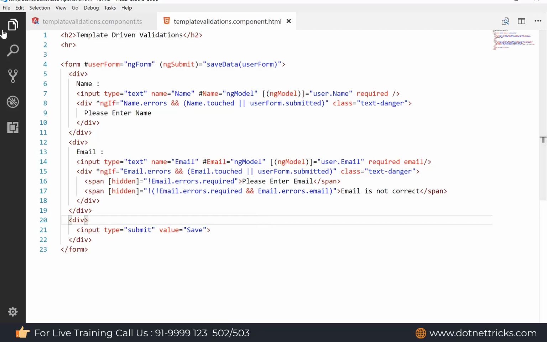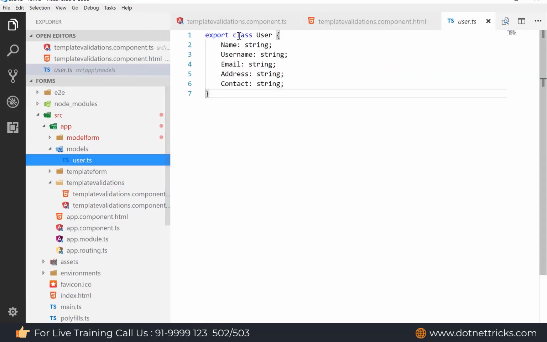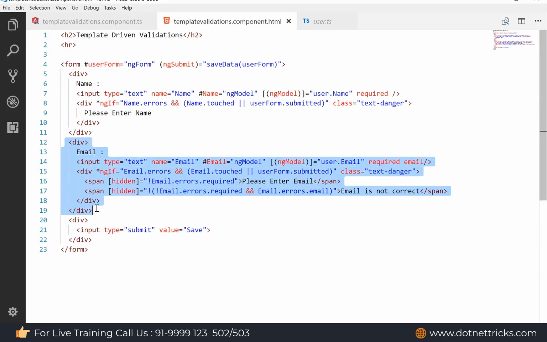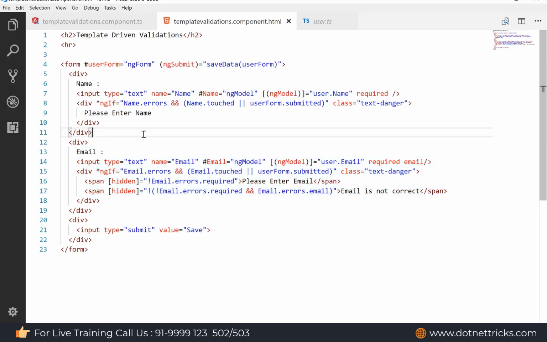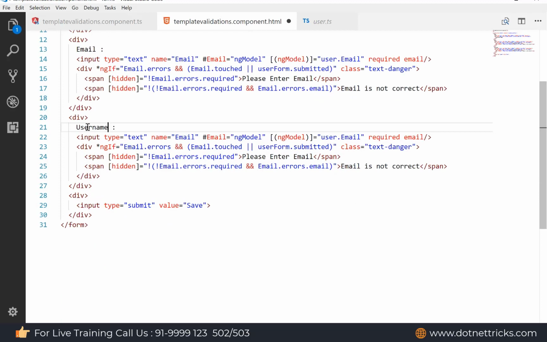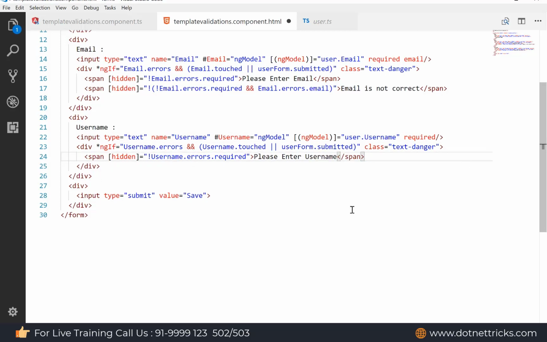And then in the same way we have to define for other properties, for other controls as well. So we can define for username here. For username I will use min length. So just copy the same email code here. After the email I'm defining, let's say, username. So everywhere in place of email I'm defining username. Then for the username I'm removing the email span because it's a username. Please enter username. So everywhere I have changed email to username here.